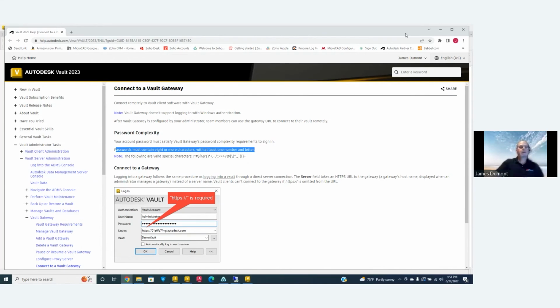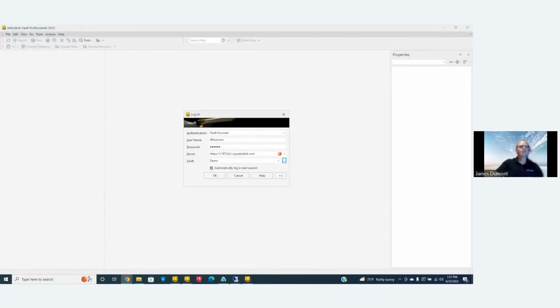So Relex hires MicroCAD to do some design work or some editing or drafting for them. They could set up the default gateway and give Richard Ryder that URL. He could log in. He doesn't need a VPN. He can now log into their Vault with his license, but he's going to log in with a Vault account. He's not going to have a Relex domain. He's able to log in and work with whatever files he needs to. He could check out, check in